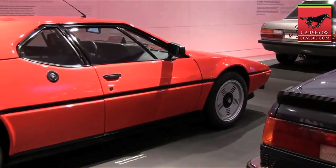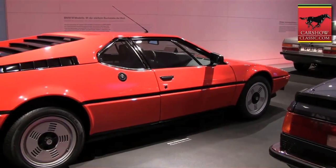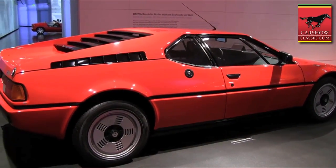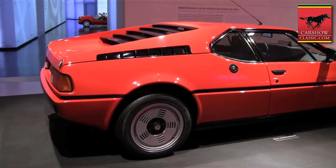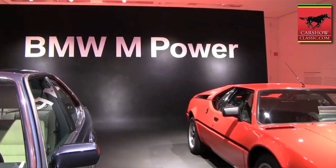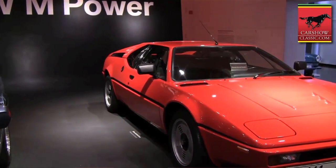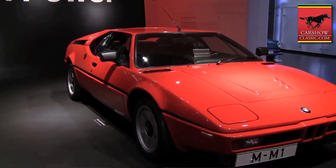The idea was Lamborghini. It was designed somewhere else, by Italdesign, or better known Giugiaro, of course, and it should be the production car for racing cars, especially in Group A at that time. It sounds like a good idea, but as always, the problems start very soon. Lamborghini had some problems building the prototype, so Neerpasch drove down to Italy, took all the plans, and went to Baur in Stuttgart,